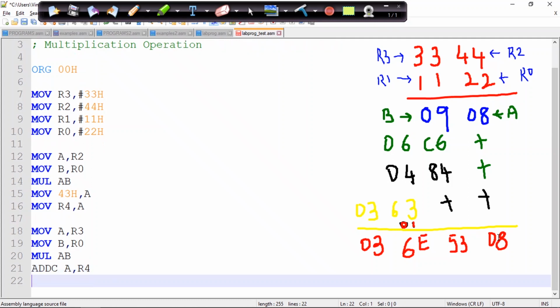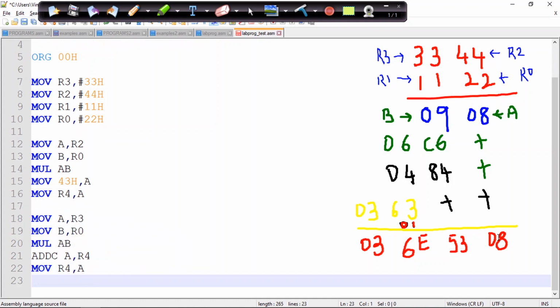The result will be stored in A. Since I again need to add that with this particular 84, I won't send it to the result location, that is 42 hexa. So I'll move that data to R4, so that I can keep a copy. So move A comma R4 is done.